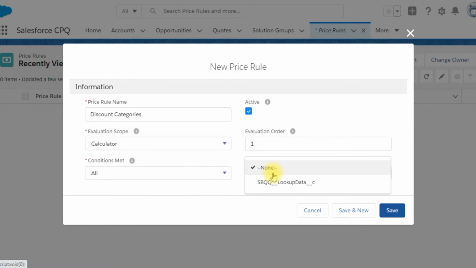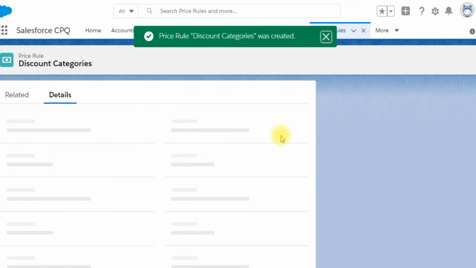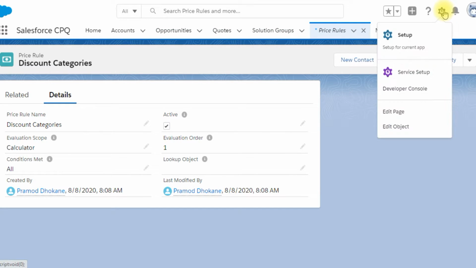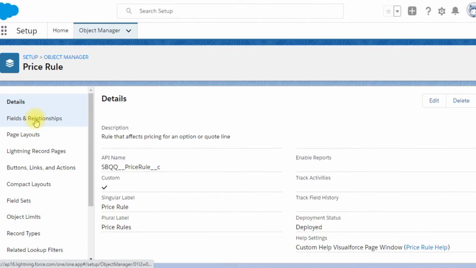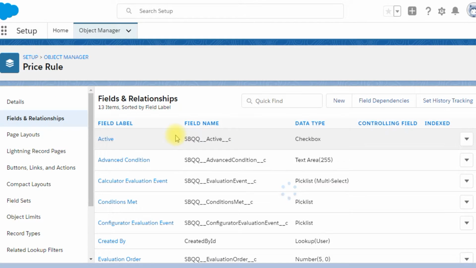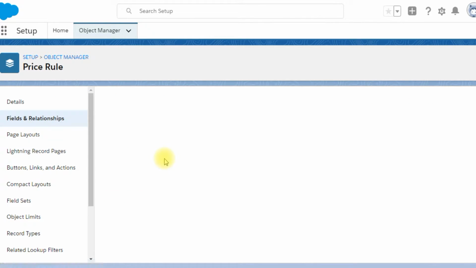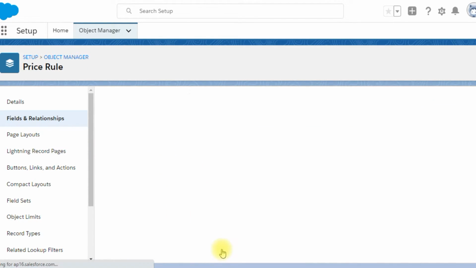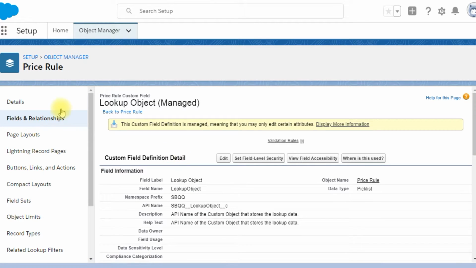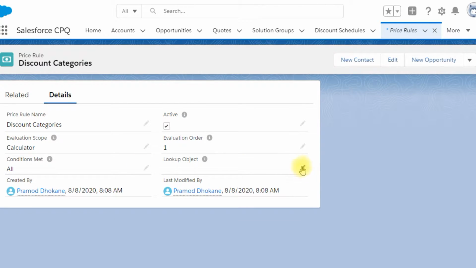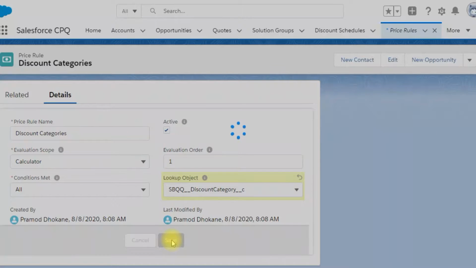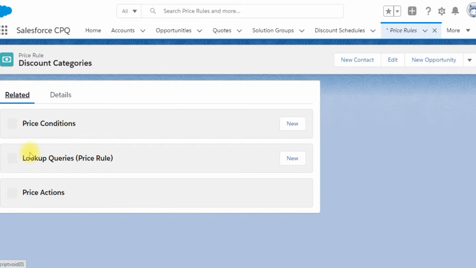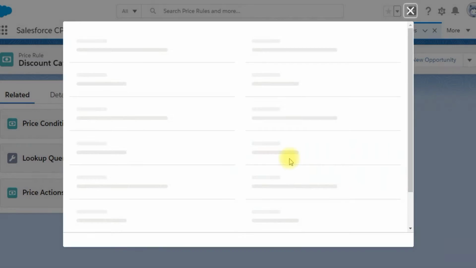and if that value exceeds 30%, it will override. Once you set up the price rule, you need to associate the lookup object, but right now we don't have that object, so we need to add that object API name into the field set. So let's edit the object, go to the field and update the API name of that object. Now let's refresh and update this value.